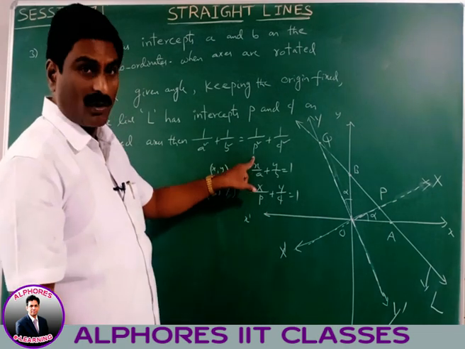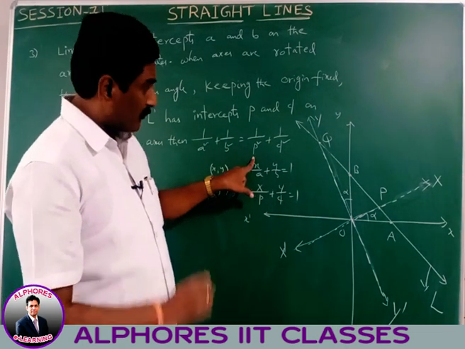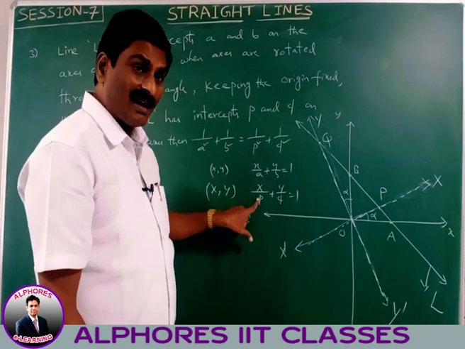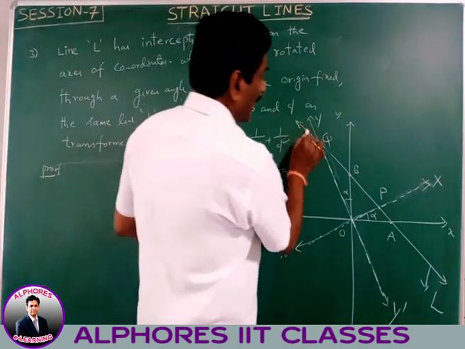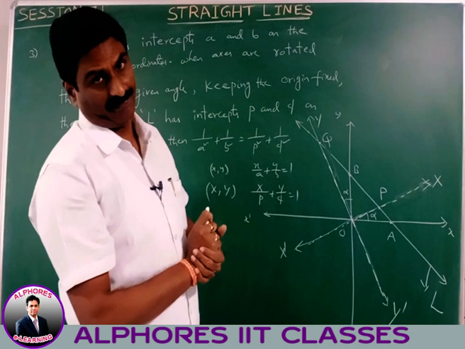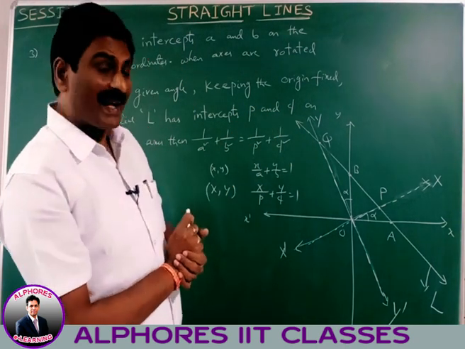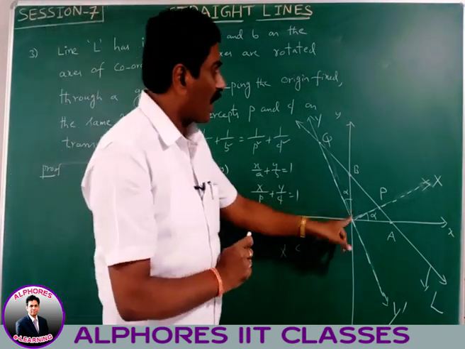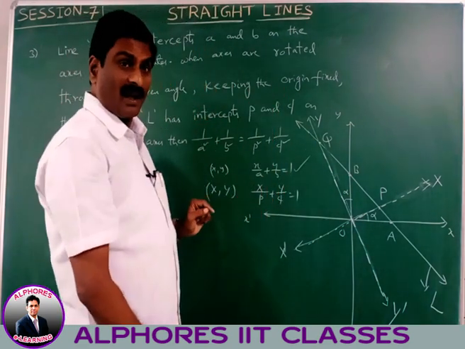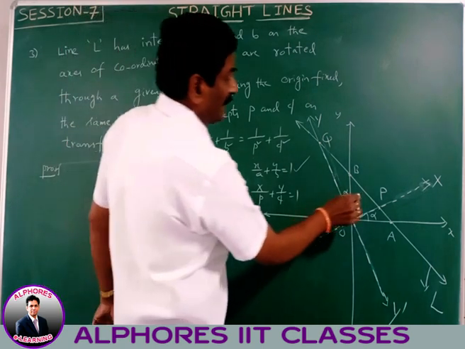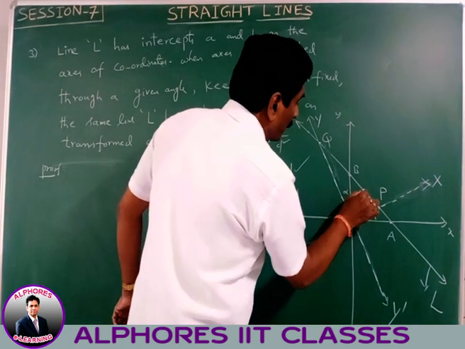It is the original equation of the line in the original system. Next, it is the transformed equation of the line. Please observe these values. In both of the cases, the line is the same, but the equations are changed. Okay. Now we find the perpendicular distance from the origin to this line by using the original coordinate system and the new coordinate system. Say N be the projection of this value.